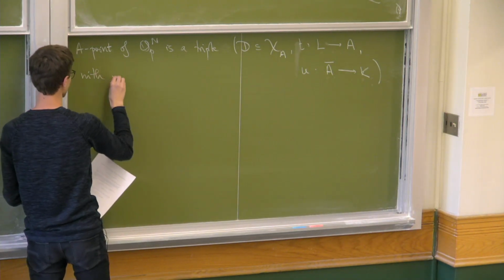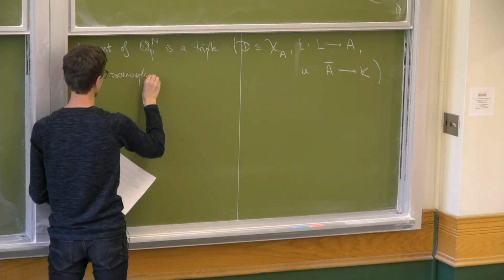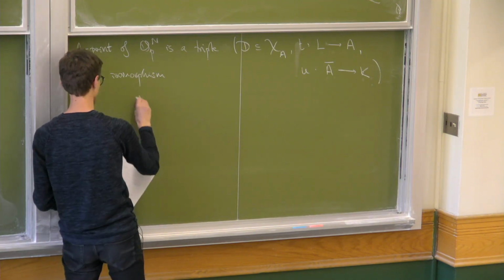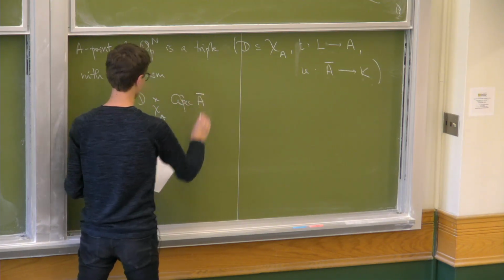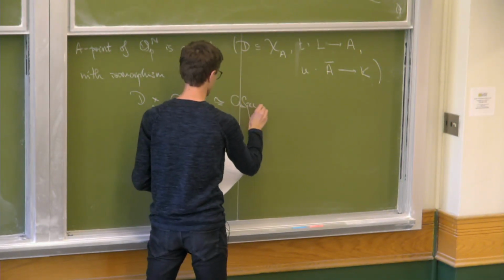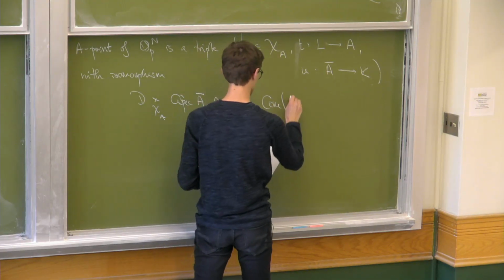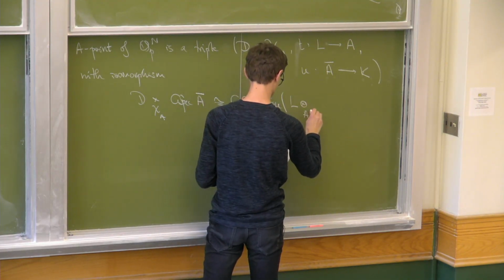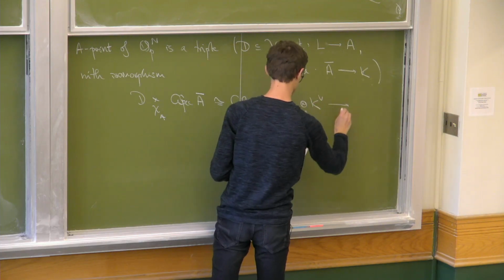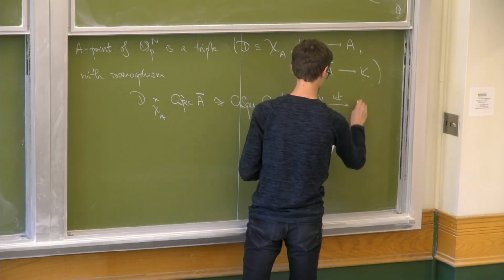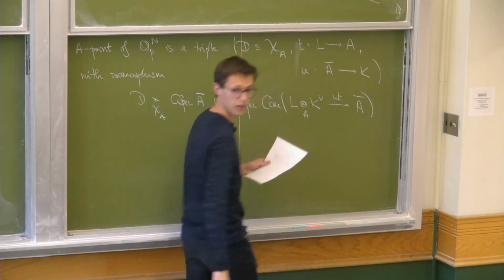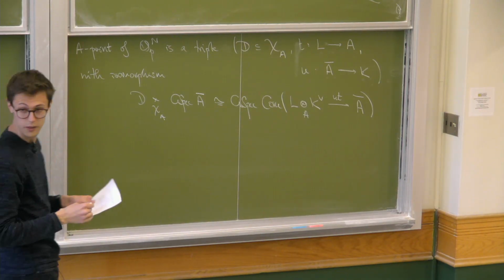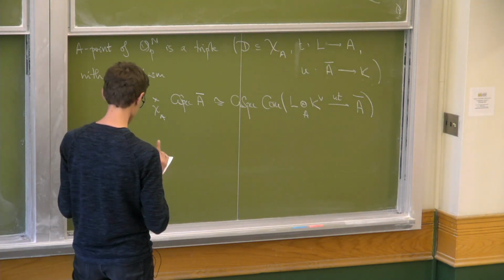Yeah. So the compatibility is the following. You also have to give an isomorphism. Well, if you take D and pull it back to G spec A bar, then it has to be isomorphic to G spec of the cone of L tensor K dual to A, along this map U times T. So in particular,